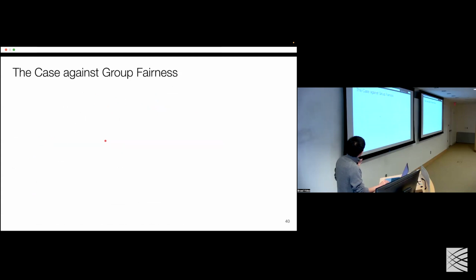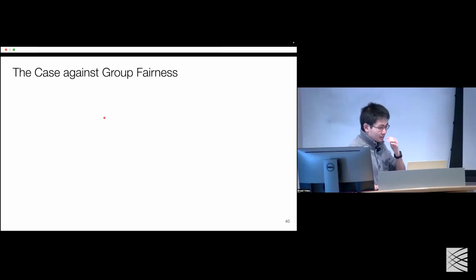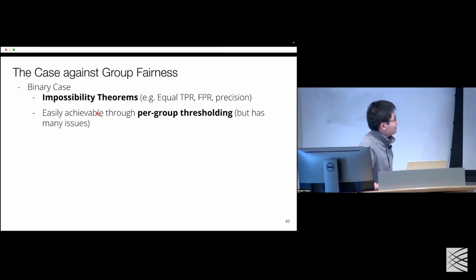So let's summarize what's good and what's bad about group fairness. The title of this talk was group fairness, helpful or harmful. And based on the findings here, we can probably conclude that group fairness is not helpful. So here's the case against group fairness. First, in the binary classification case, where the prediction is a binary value, there are all these impossibility theorems, and we can easily achieve it through per-group thresholding, although